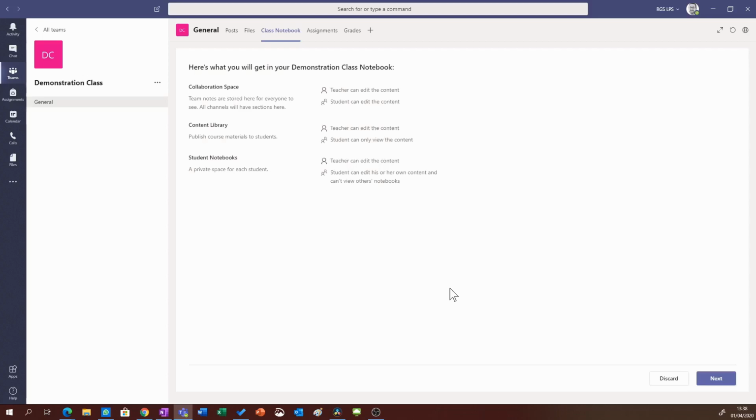And you'll see this space. So by default, within the class notebook, you'll get the following options: a collaboration space where teachers and students can work together to update pages, a content library, which is an area where you can put your teaching resources, so you can edit that area but students can't, and the student notebook. And this is really important for your students. This is a private notebook for each student, which you can access, but only they can access their own content, and it allows them to complete work and return it back to you, and you can see what they're doing live. So I'm going to click next,